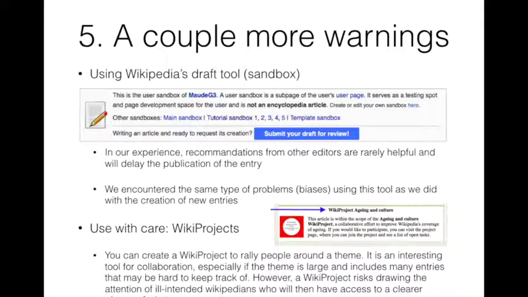There are two things that we tried that did not work out as well as we expected. The first one is the draft tool, which is also called the sandbox. Wikipedia will suggest you use this when you are a new editor. So if you just created an account, you will see boxes that suggest that you use a tutorial or a sandbox as a first step towards editing, towards creating a new article. But in our experience, it was not super useful